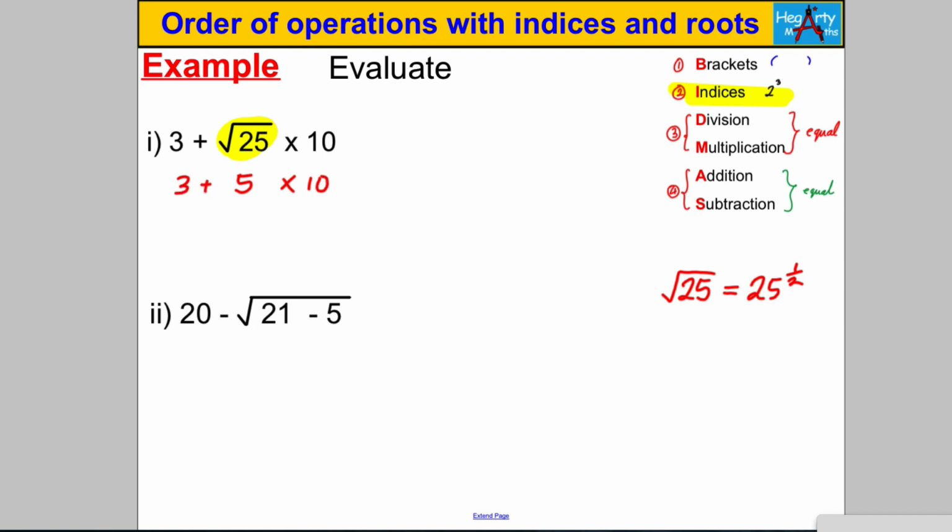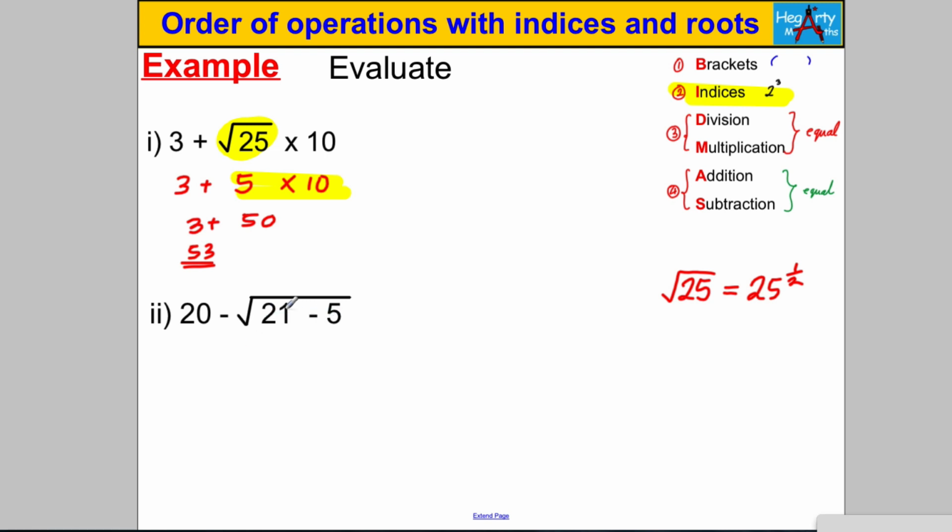Now we've got an add and a multiply. Let's make sure we do the multiply first. 5 multiplied by 10 is 50, and we've got 3 add 50, and 3 add 50 is 53, and we're done. In the next one, we've got a subtract, an indice, because that's really to the power of a half,